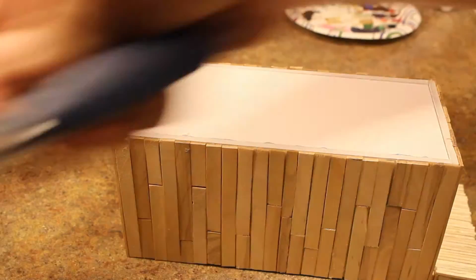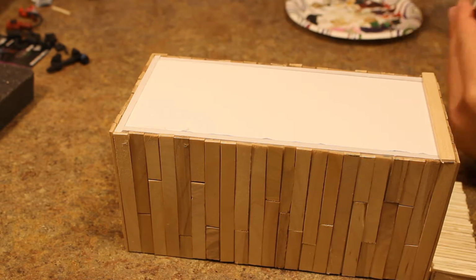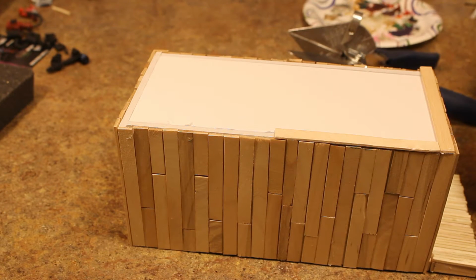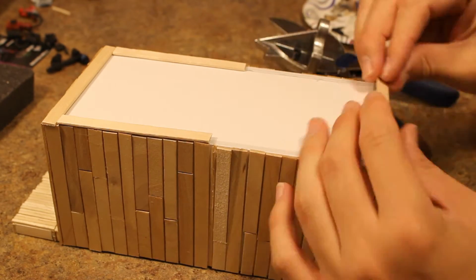Here I'm just attaching it to the building and it didn't quite fit flush, so I used some popsicle sticks cut up to make a spacer, and it attaches just fine. It is a little wobbly. You could use something else to hold it a bit better, but it's flush with the ground, so there's really no reason why the wobbliness should be a big deal, unless it depends on how you're